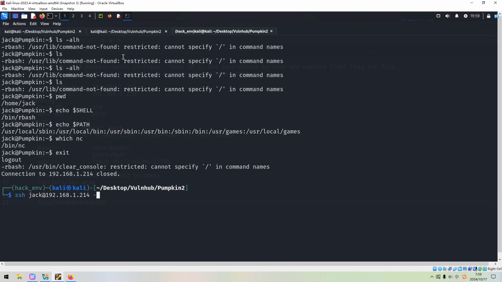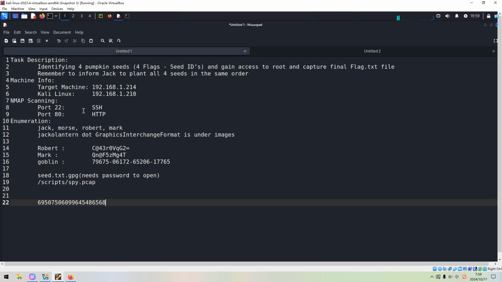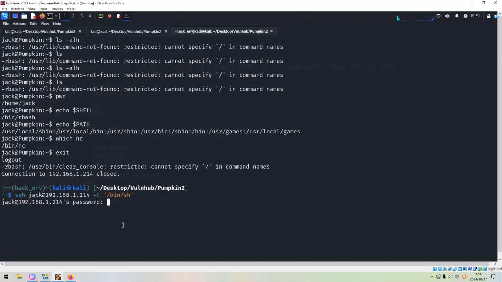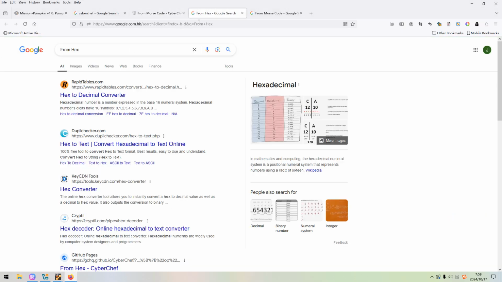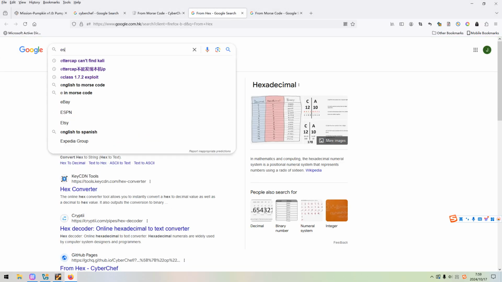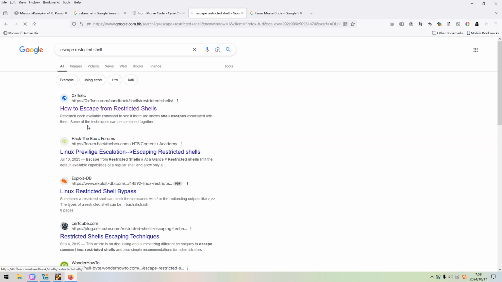Can we use the option to connect? That cannot work, so we can go to the website of this link.